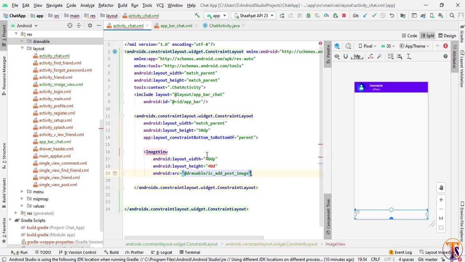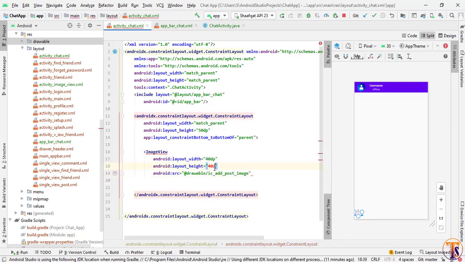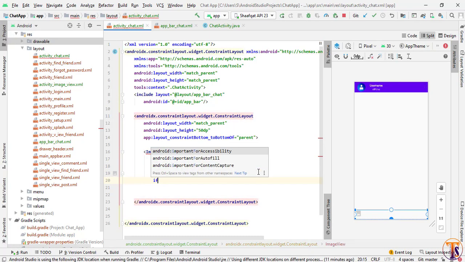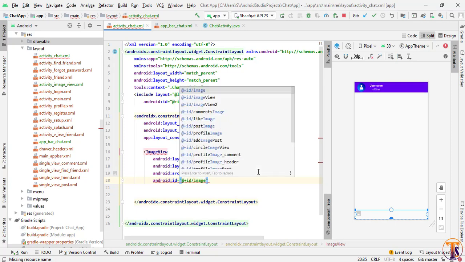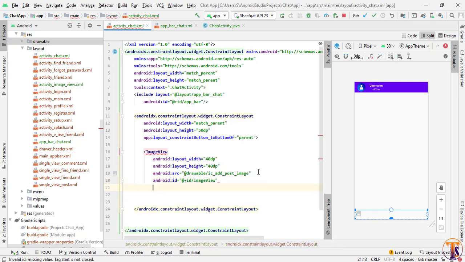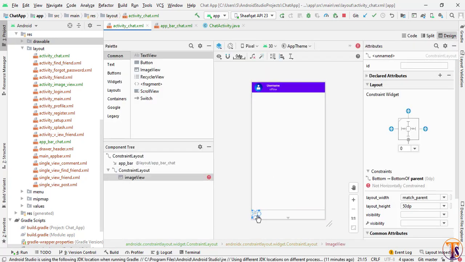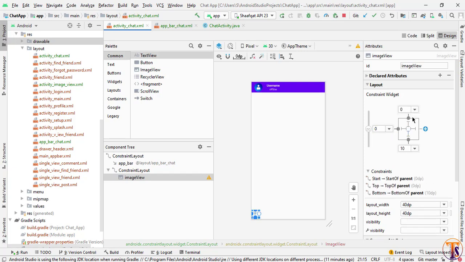Here I will select this one. Okay, now here I will select any ID. So let's say I give imageView simply. Okay, now close it and go to design, and here we will add our constraints. So add the constraint from top, left and bottom. Also we have to remove this margin.